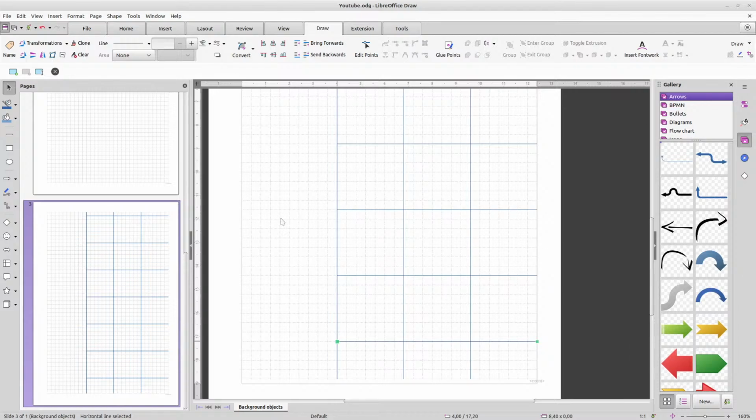Alright. So now we have 1, 2, 3, 4, 5, 6 rows here. We can write in the days up here. And we have some space left down here. And that would be at